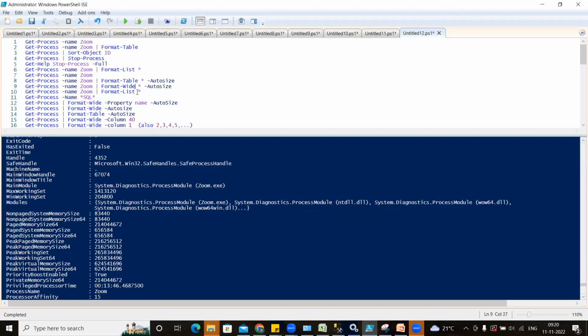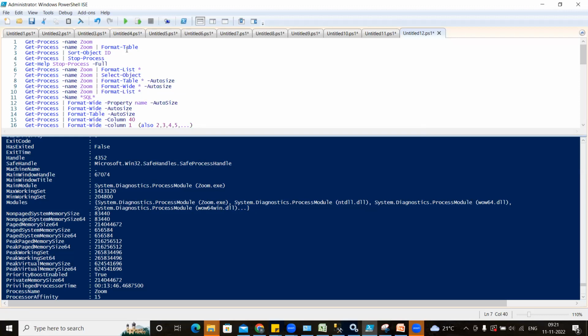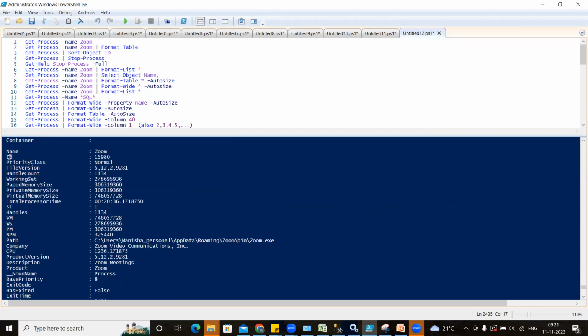So what I'm going to do, I have just written here Get-Process -Name zoom. In that, I'm using the pipe symbol. I'm writing Select-Object, Select-Object I have given. And what I want is the name, so I can filter. I want name information. You can go down and see what you want to display. I want to display name, I want to display ID, so I can just go here and give where it is